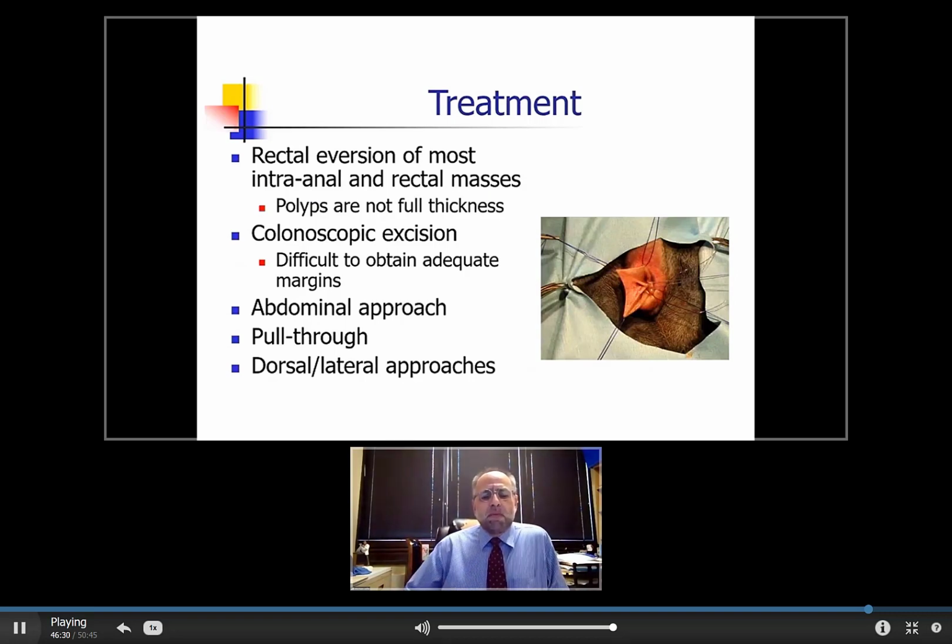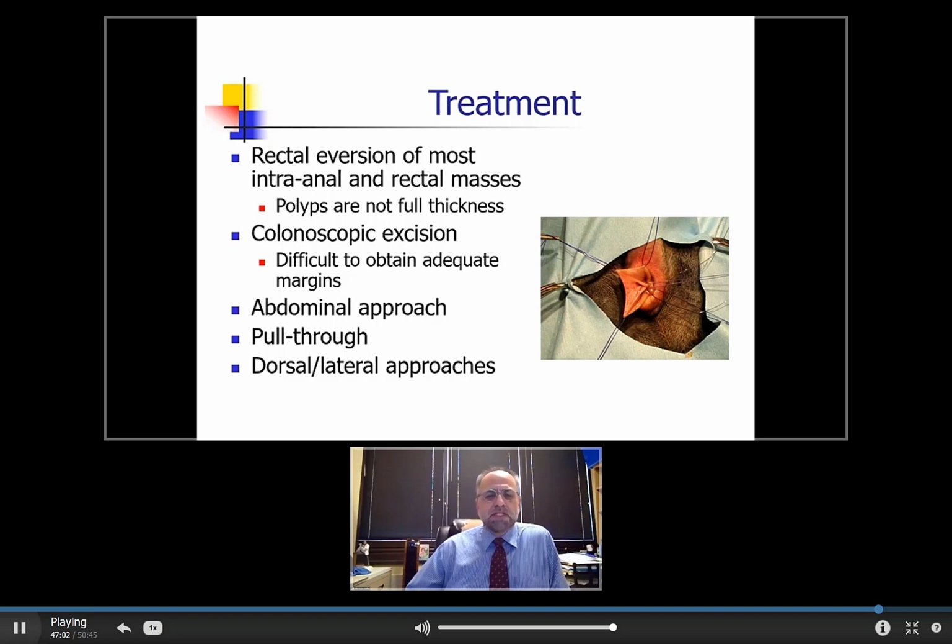When we have polyps, we do a procedure called a rectal eversion, where we basically grab the mucosa around the polyp and evert it externally. We don't make any skin incisions. Once the polyp is visible, then we do a little cut and sew technique where we remove the mass sequentially, and while we suture up the mucosa, these polyps are generally confined to the superficial layers of the mucosa, and so we don't typically have to do full